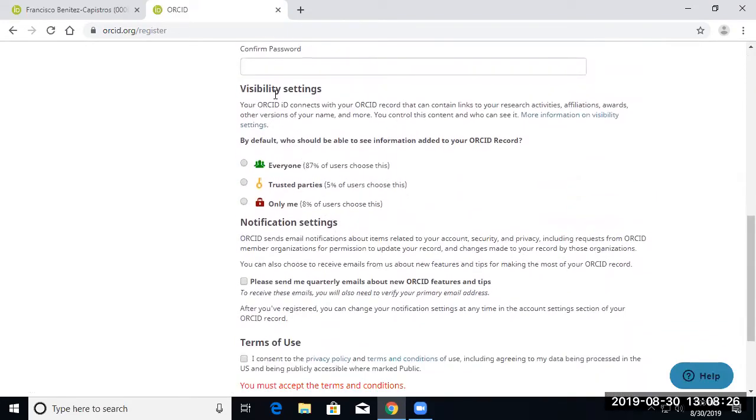And the visibility, you'll see the visibility setting as you're filling in. You can actually set that for different parts of your record. It's not all or none. It's not like your record's public or not. It's like you can have different pieces